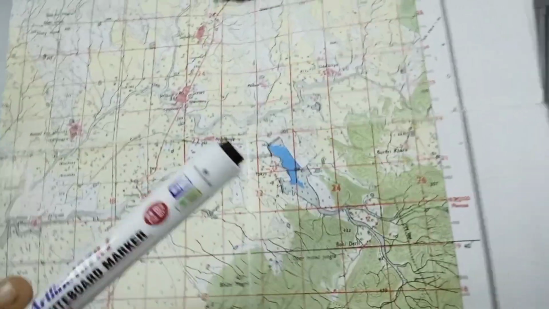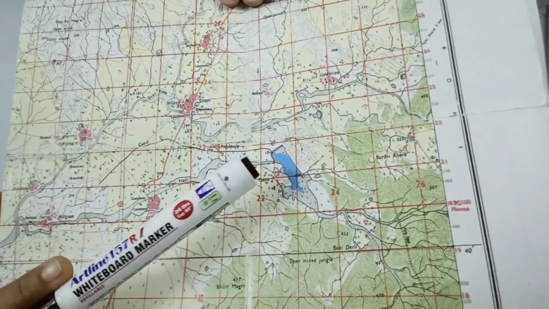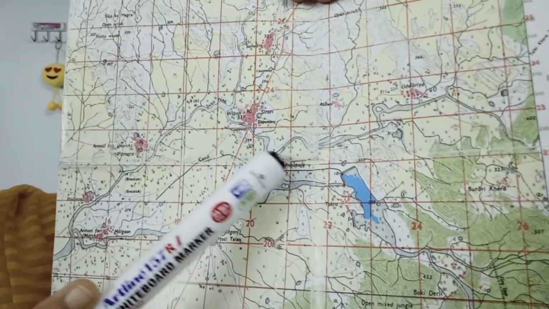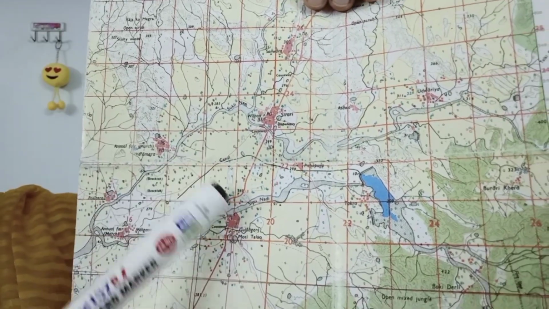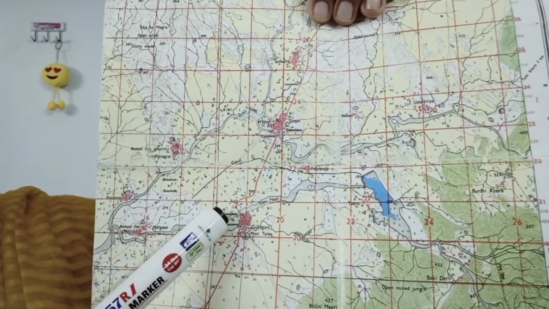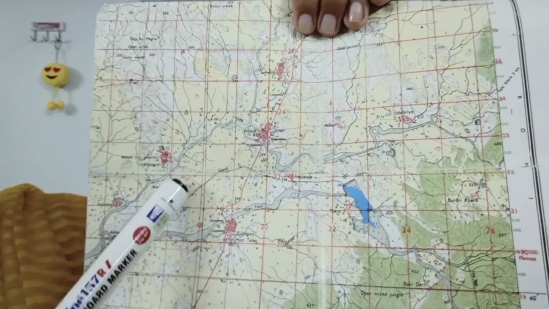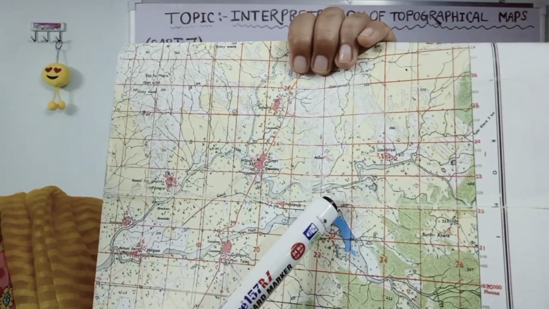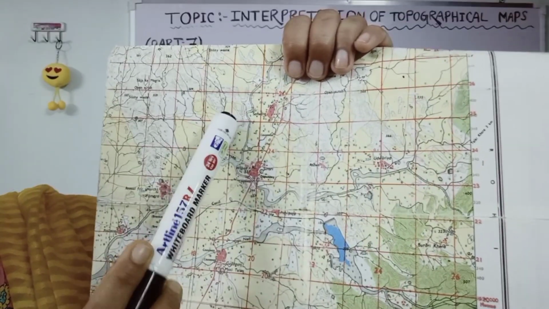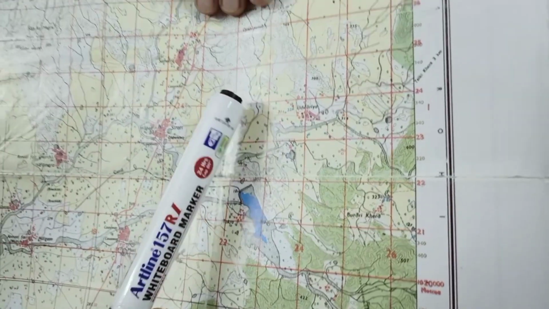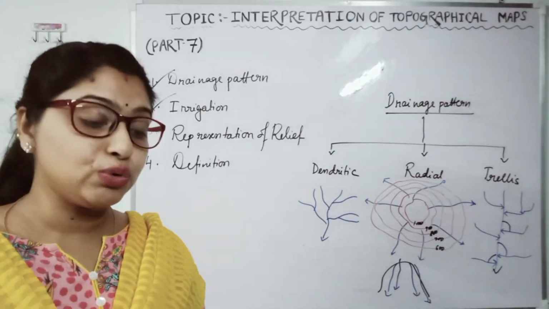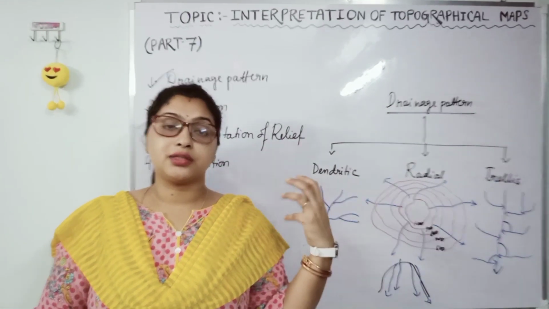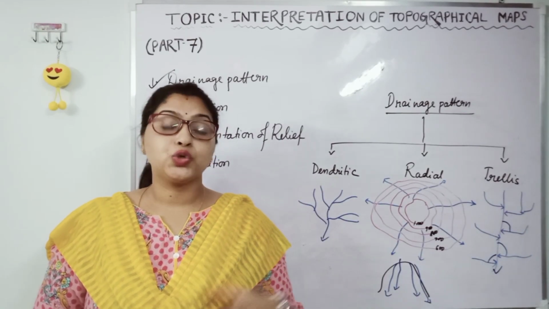Here students, see the part of the topo map. Here a reservoir is formed and set up. From there a canal is coming towards the cultivable or agriculture area. It means through that canal it is supplying water to the cultivable area. This kind of dry tank you also see. These are the dry tanks, shown in black, which are used to store rainwater, and it is used at the time when there is a lack of water to irrigate the land.